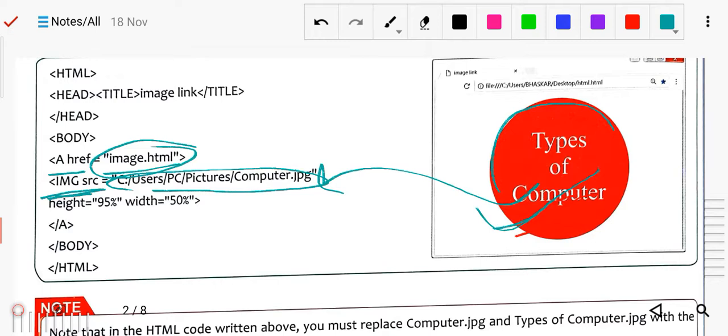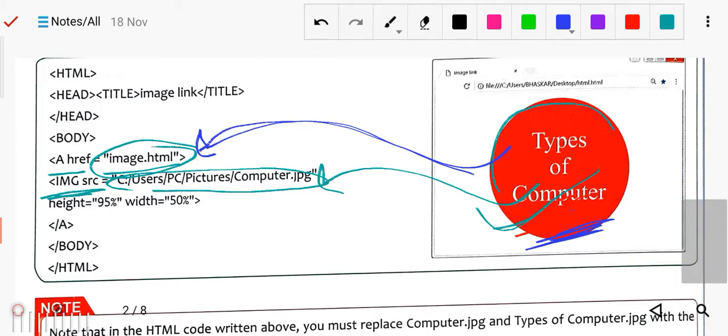Img is a tag and src is the attribute, so this image will be displayed there. Now this image is linked with the image page. When you click on it, that particular HTML page will open. So this image works as a hyperlink.